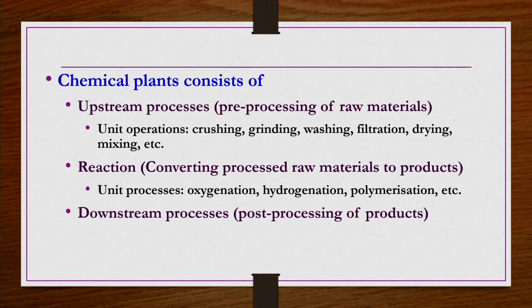And then after the reaction, as we know, 100% conversion is not always possible. So, there may be some unreacted reactants along with the products and byproducts. Those unreacted reactants should be taken back to the reactor by recycling, and from the products one has to do purification, so that the purified, important product can be supplied to the consumer, whereas the byproducts, if at all there, can be handled as per their nature. So, that is the post-processing of the products, or what we call downstream processes,